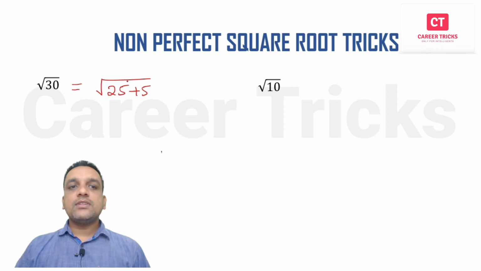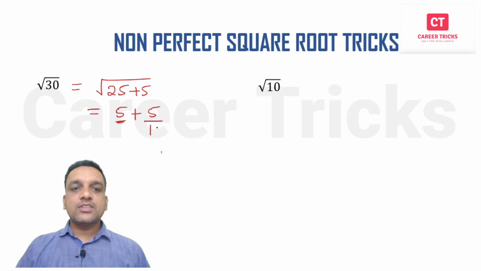Now, after removing the square root, what do I have to do in the next step? If I remove the square root, the square root of 25 will become 5. So 5 plus 5. Whatever the number is here, you double the number and divide by that. So 5 twos are 10, so 5 by 10. This is 1 by 2, which we can consider as 0.5. Then what is the answer? 5.5 will be the answer for